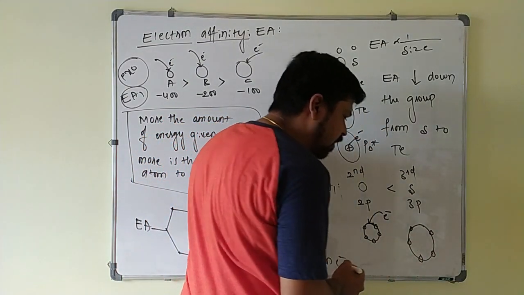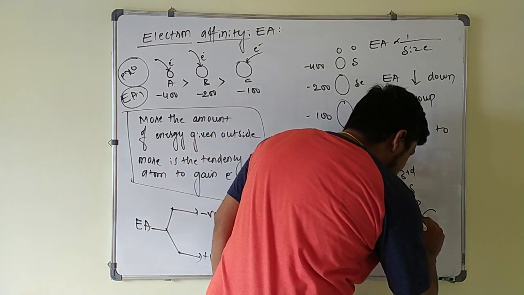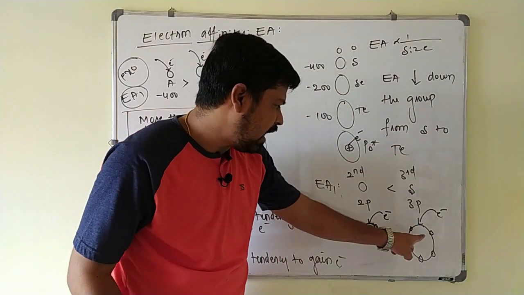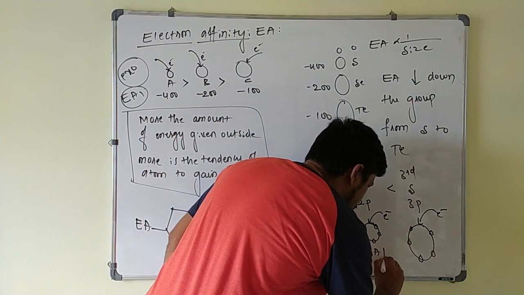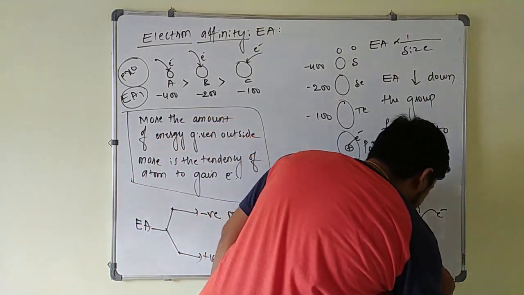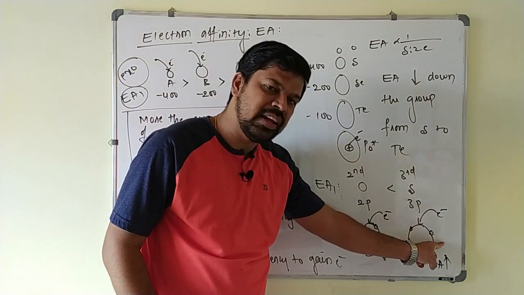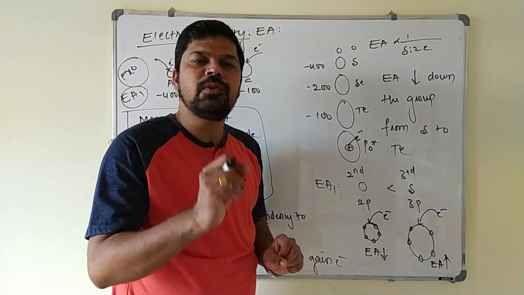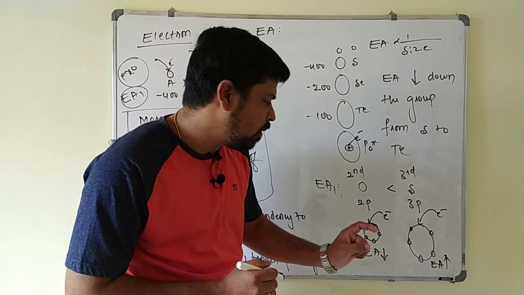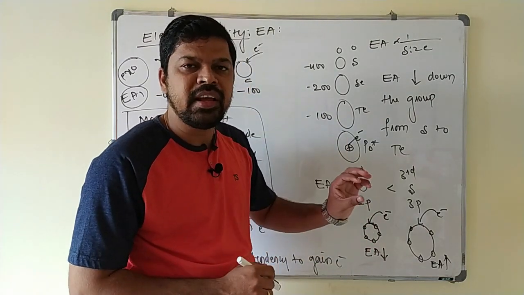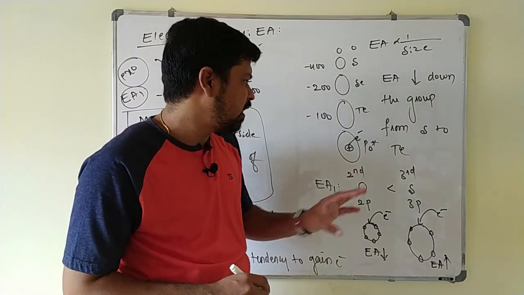But here in sulfur, electrons are far away from each other as compared to oxygen, so the interelectronic repulsion is less, and the new electron can be easily added to the larger 3p orbital. That's why the electron affinity value of oxygen is less than sulfur. Sulfur has more tendency to gain the electron as compared to oxygen. Due to high interelectronic repulsion among electrons of the 2p orbital, addition of an electron becomes difficult in case of oxygen. That's why the electron gaining tendency of oxygen is less as compared to sulfur here. Okay, I will write that sentence now.